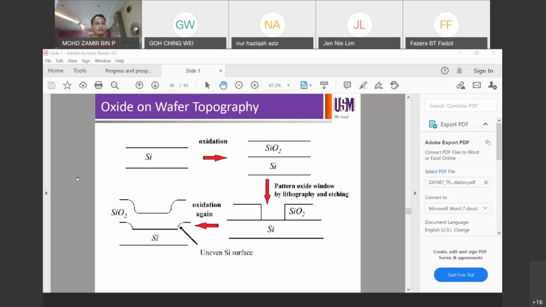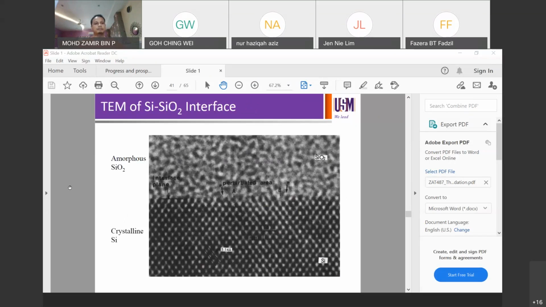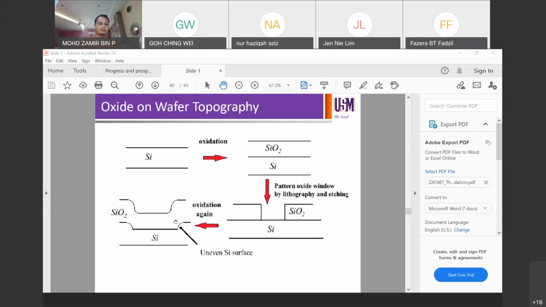So take note of the limiting mechanism or limiting factors on this different region and relate to the Deal-Grove model that we've covered before. Okay, if you have your oxide on your silicon, something like this, oxide on silicon, and you want to see the